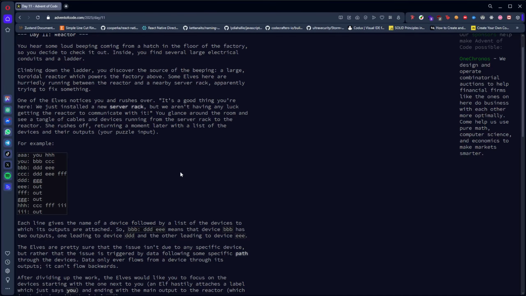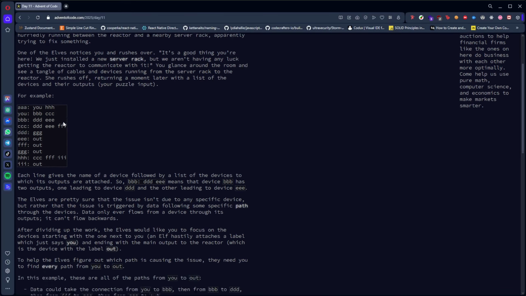"It's a good thing you're here. We just installed a new server rack, but we aren't having any luck getting the reactor to communicate with it." You glance around the room and see a tangle of cables and a device running from the server rack to the reactor. She rushes off, returning a moment later with a list of the devices and their outputs, which is our puzzle input. For example,